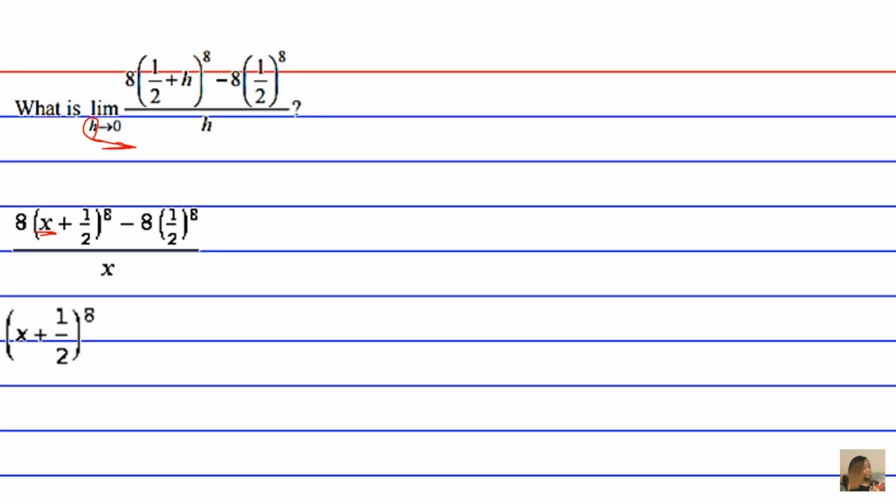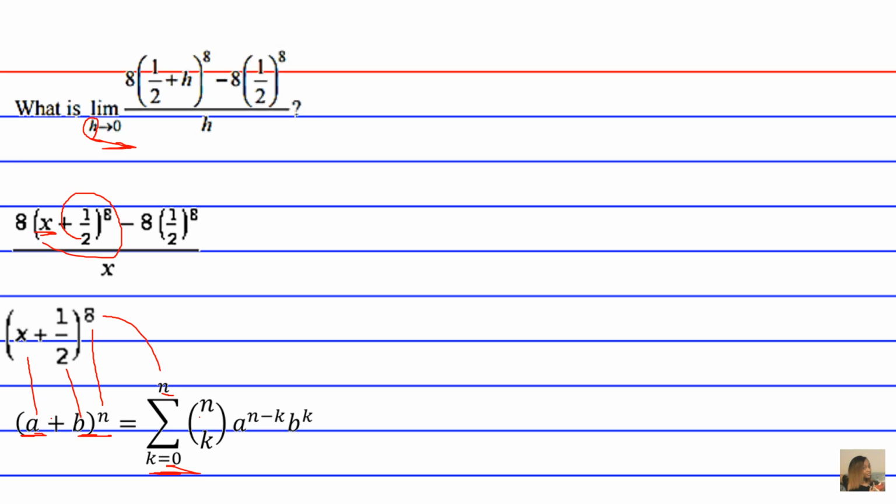In expanding this expression, the first portion that we're going to simplify is this portion. We're going to expand it by using the binomial expansion theorem, which is this theorem right here. It's good to be familiar with it in case you don't know. It just says a plus b, in this case our a is x, and our b is 1/2, to the n, in this case our n is the number 8, equals the summation from k equals 0, so starting at the number 0 all the way to n, again, which is 8,